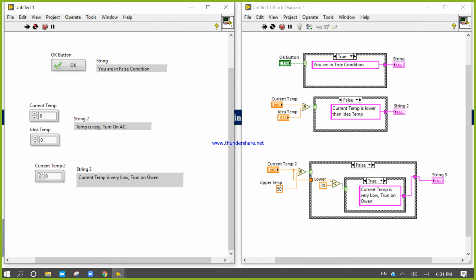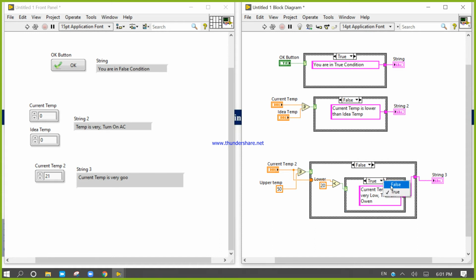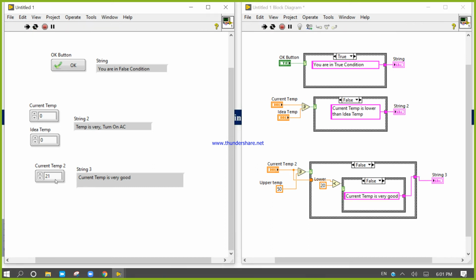The current temperature is very low. If I increase it, now it is 21, so the current temperature is very good. If the current temperature goes more than 50, the temperature is very high. Please design this program.